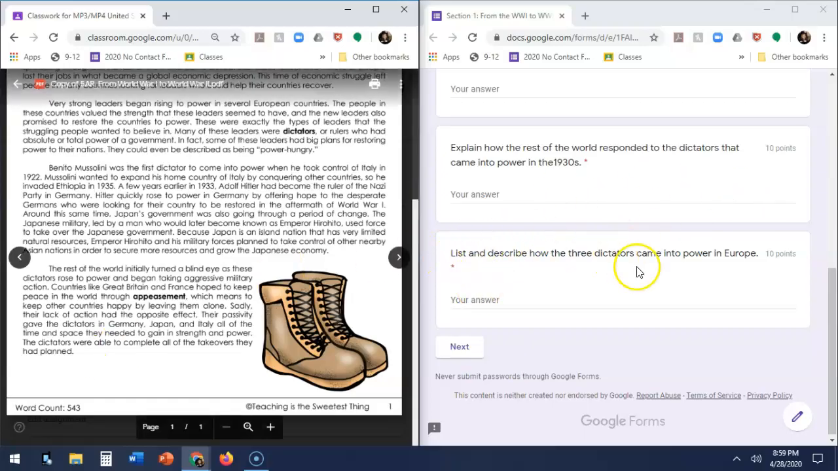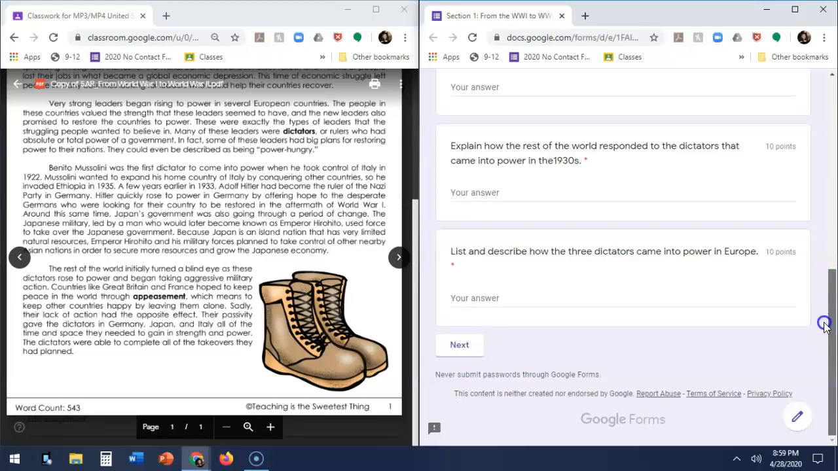So, list and describe how three dictators came into power. You've got the three dictators in here. Actually, there's four. So you can answer that question by going through the whole text. In here, that last paragraph is going to answer, explain how the rest of the world. Okay, so